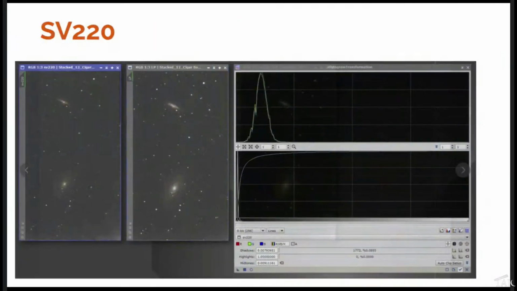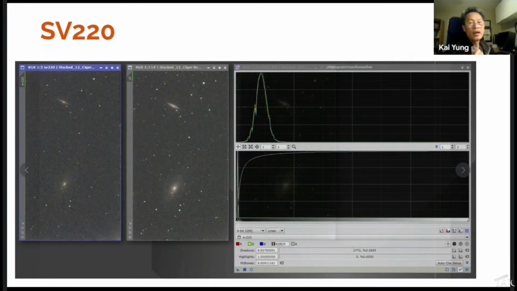But the problem is that because you have so few photons to play with, you have to have full control of the gain and exposures. But Seestar's philosophy is to give you beginner type software, so a lot of these parameters are not exposed to you.